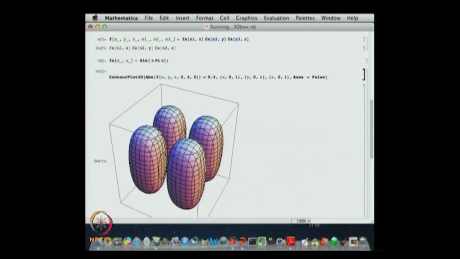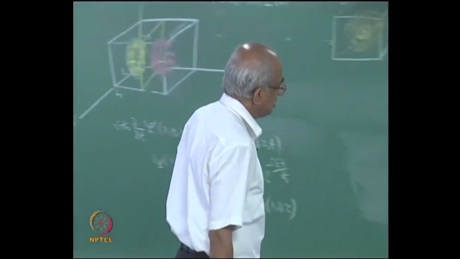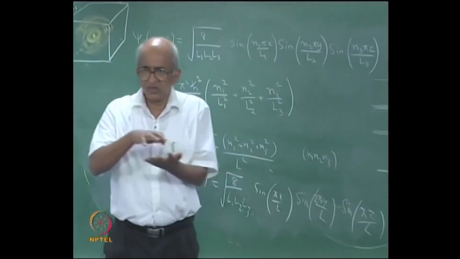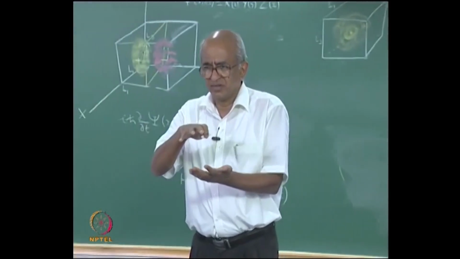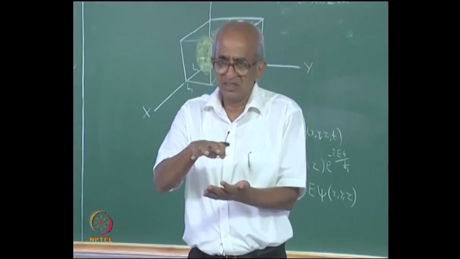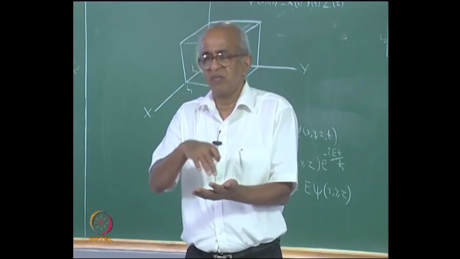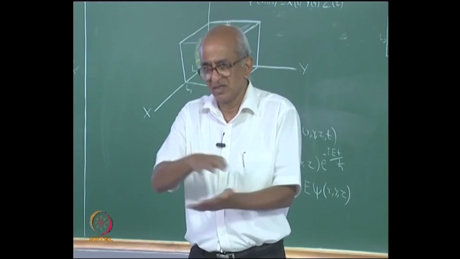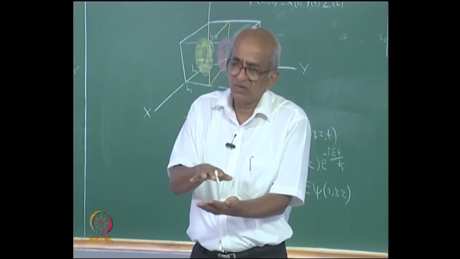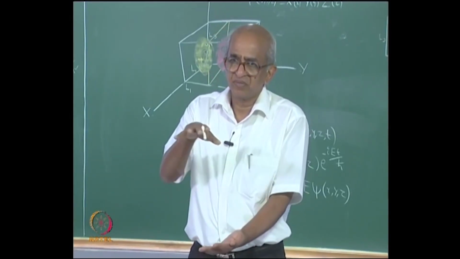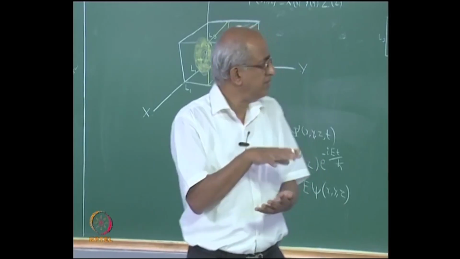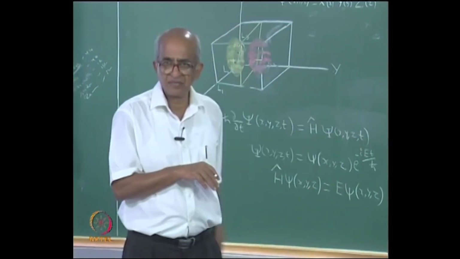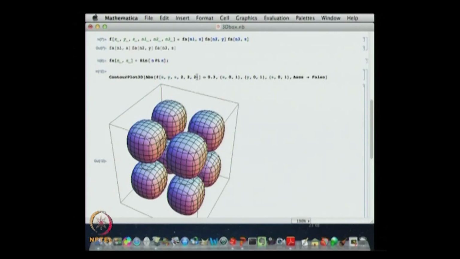Okay, while it is plotting, let us think of something else. See, here I have assumed that the box is completely symmetric, all the three sides are equal. So, if you are familiar with symmetry, you will say that it has octahedral symmetry or cubic. But suppose I now say, okay, I am going to distort this. You look at the figure. This box, I have assumed that all the sides are equal, but now suppose I say, okay, the